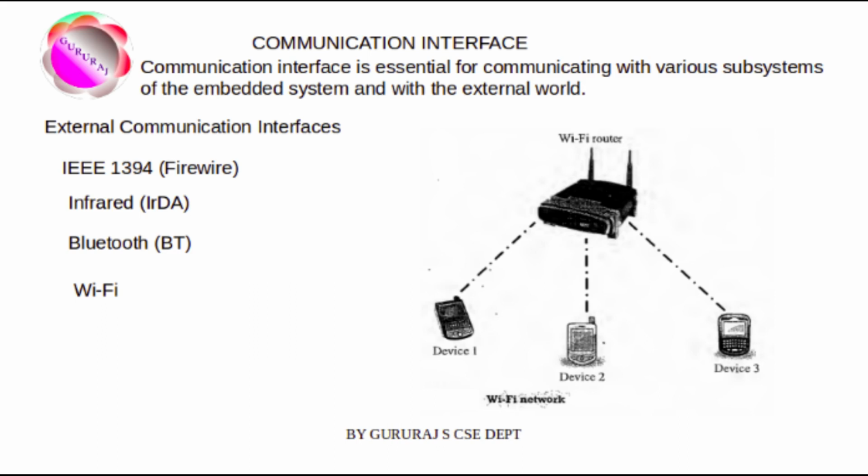Like IrDA, Bluetooth communication also has two essential parts: the physical link part and the protocol part. The physical link is responsible for physical transmission of data between devices supporting Bluetooth communication, and the protocol part is responsible for defining rules for communication. Bluetooth supports point-to-point and point-to-multipoint wireless communication. Point-to-point communication follows a master-slave relationship, and a Bluetooth device can function as either master or slave.